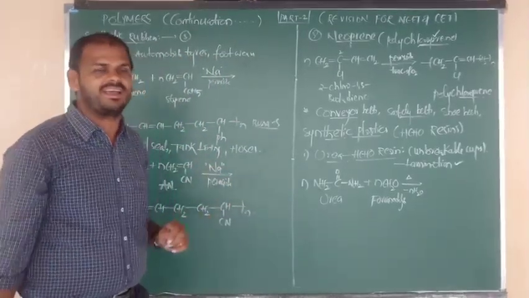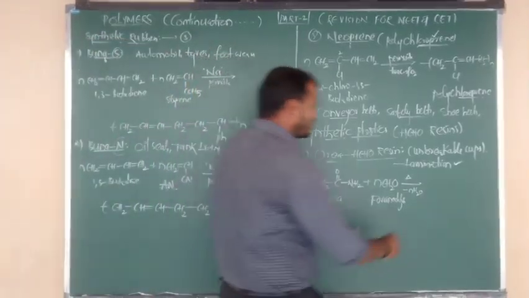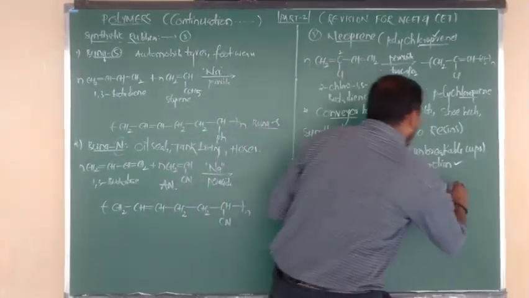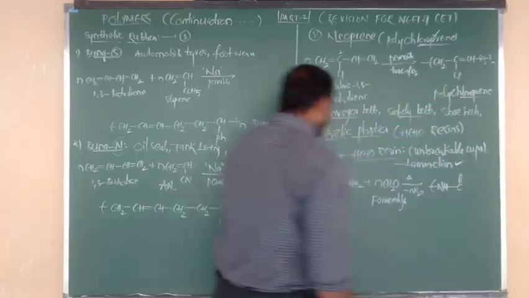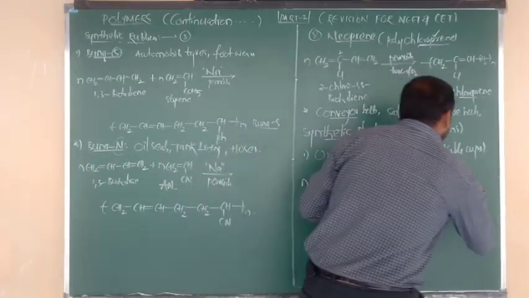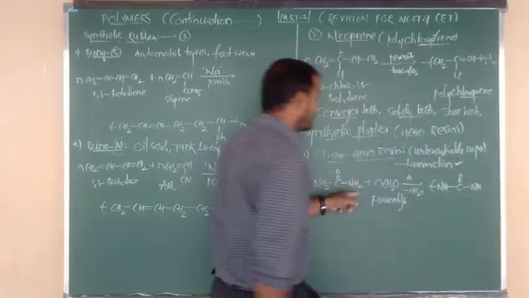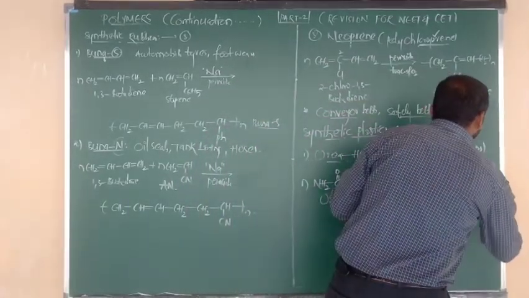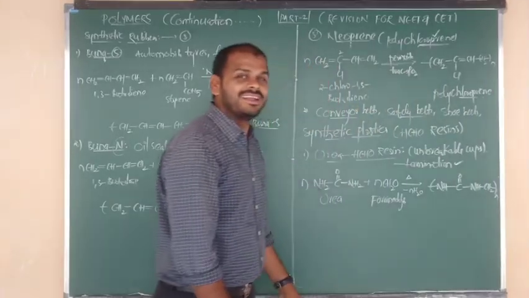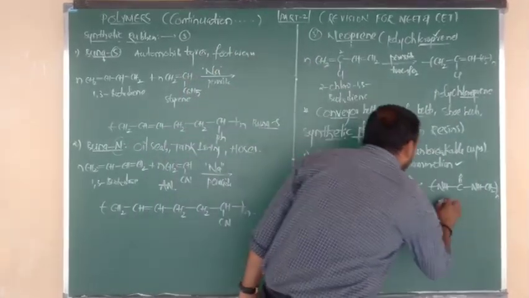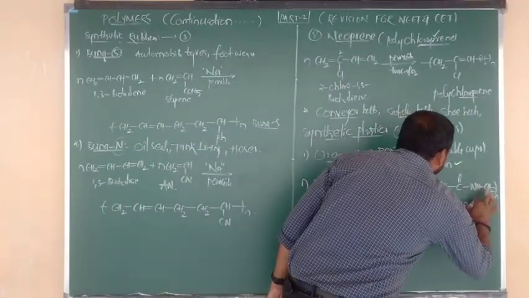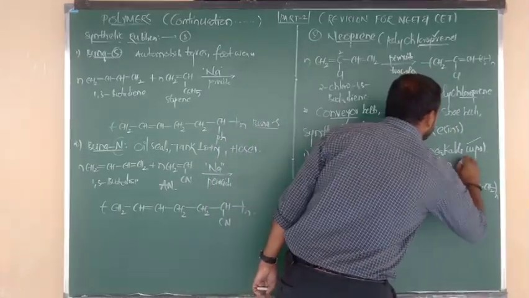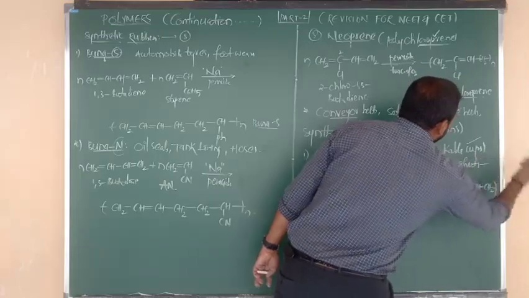I have told you in yesterday's class. After loss of H from NH2, remaining is nothing but NH, connected to the C double bond O group. Again after loss of H from the other NH2, it is also NH. From formaldehyde we are removing O, so remaining is only CH2. Overall we write it taken n times. So this is your urea formaldehyde resin, useful in making unbreakable cups and also useful in making lamination sheets.